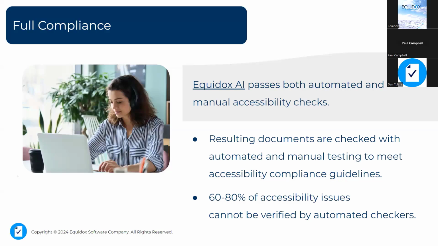Beyond compliance and passing automated checkers, the bonus of using AI for high volume and hyper-fast remediation is that it will produce incredibly accurate and very much usable documents for people with disabilities. So your customers who rely on assistive technology, they're not going to be filing complaints or lawsuits or calling your headquarters to complain that their document that you've given them cannot be navigated or understood because they're using a screen reader.